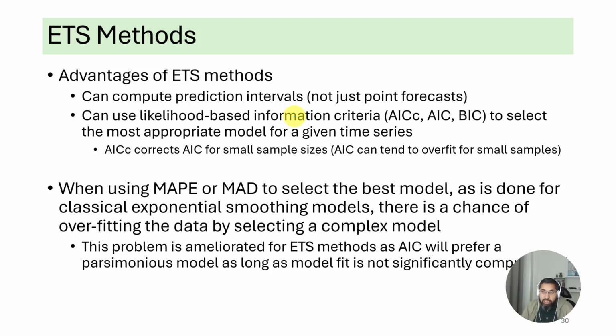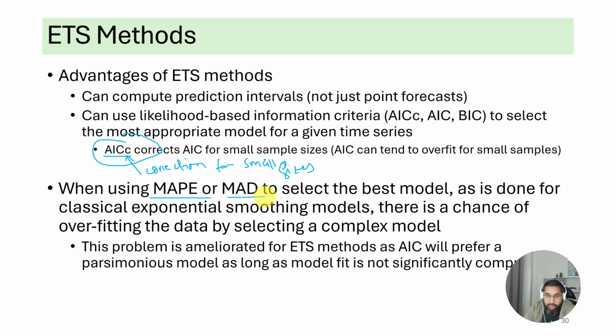Right? It'll use AIC adjusted, which is the AIC with a small c, AICc or AIC values to select the best method. Almost always you want to select the method which has the lowest AICc value. The small c is a correction for small sample size. Because if you use AIC values and you don't have too many observations, that can mislead you. So you want to use AICc almost always, basically always, for small sample sizes. Okay, so whichever ETS method gives you the smallest AIC value, that's pretty much the best.